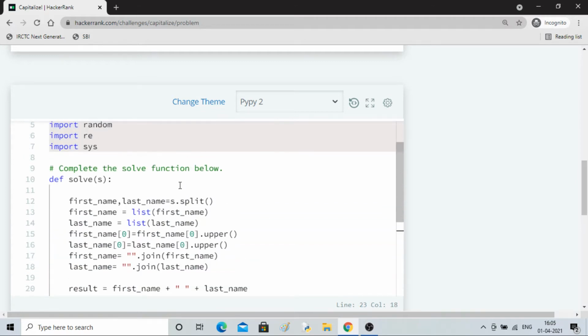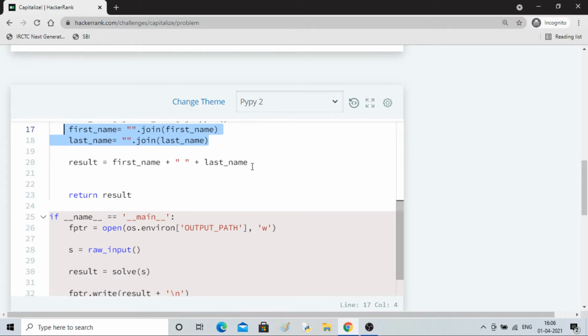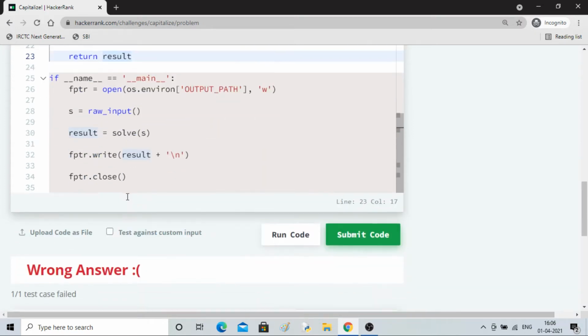So you see what you are doing: first you separated the string into first name and last name. Previously you had full name, S is your full name, and you took last name and first name separately. You converted into list, because you can't access string variables directly, you have to convert them into list. Then whatever is at the 0th position, I have capitalized it. Then I combined it back, and this line will make sure that your first name and last name are in one line with a space between them. Okay, and you are passing the result back.